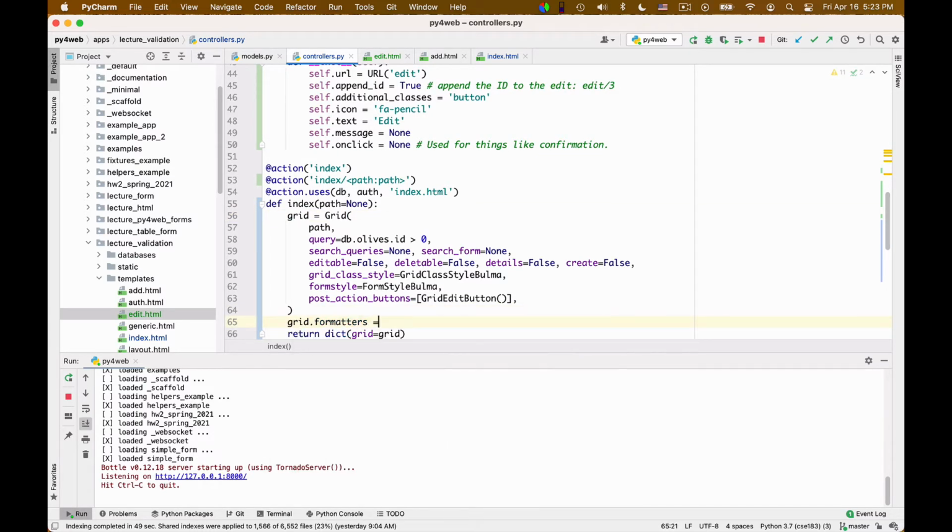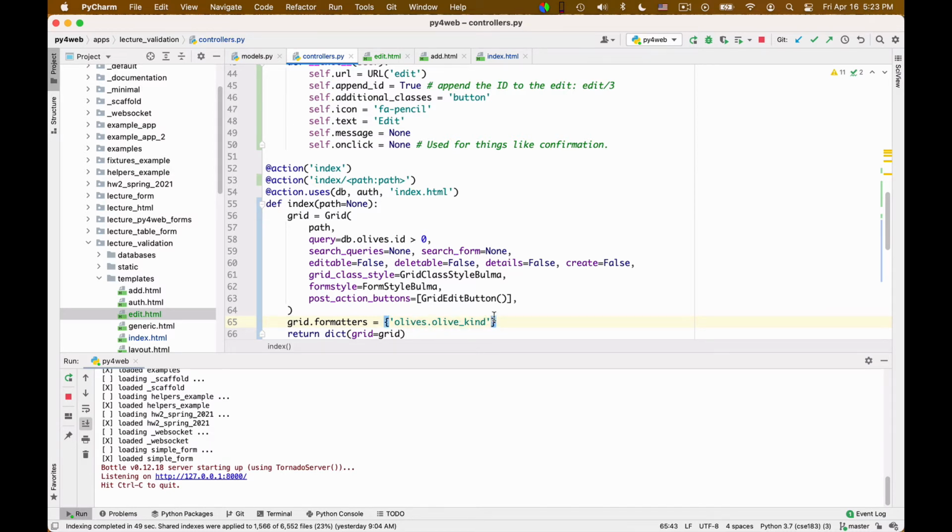Grid.formatters. So this is a series of formatters that are indexed by the table name and the field name, on which we can specify how to format, so how to essentially render any value that comes out of the database. So I create a dictionary, and here I put olives.olivekind. This is essentially the table name, a dot, and then the field name.